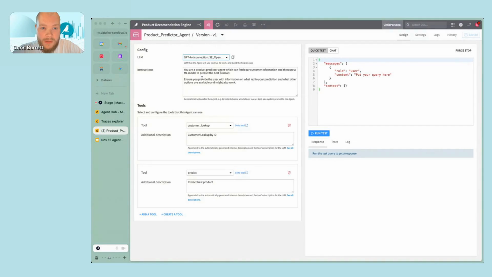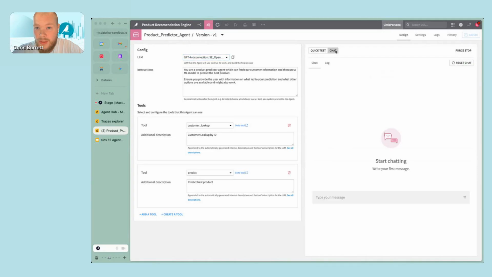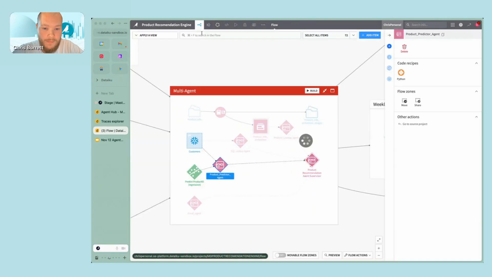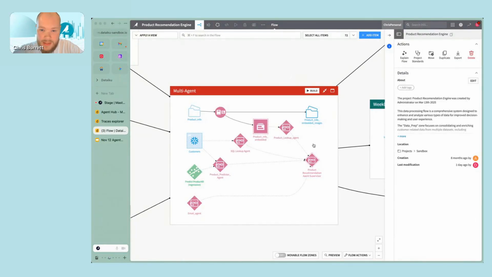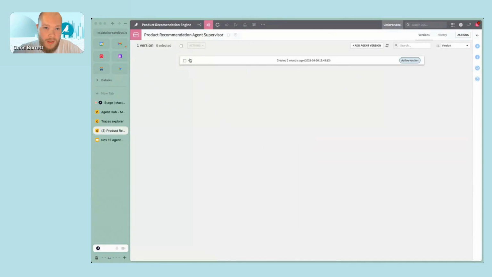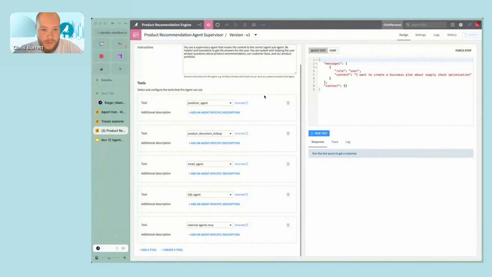using these various different sub-agents. Here we provide our instructions, and then again those tools, and we can add new tools to this agent as well. Then we can quickly start doing quick tests, or of course chat with it and run a multi-turn conversation to see how it performs its specific task. That's how we set up our agents here. And of course, our supervisory agent has five separate tools, I should say.